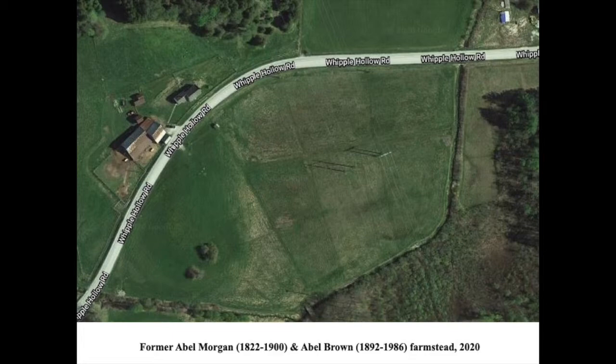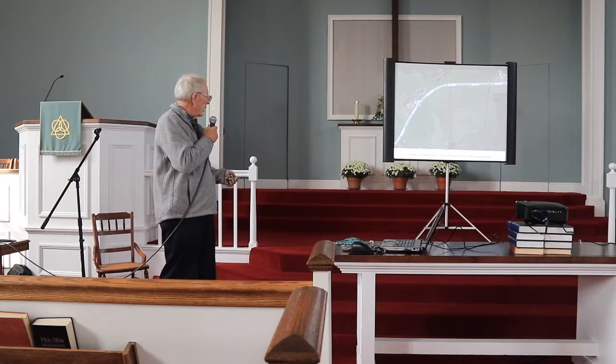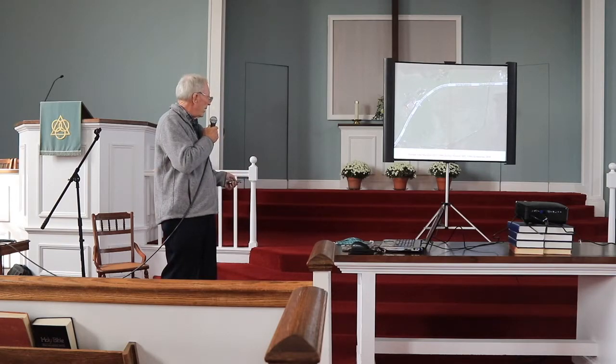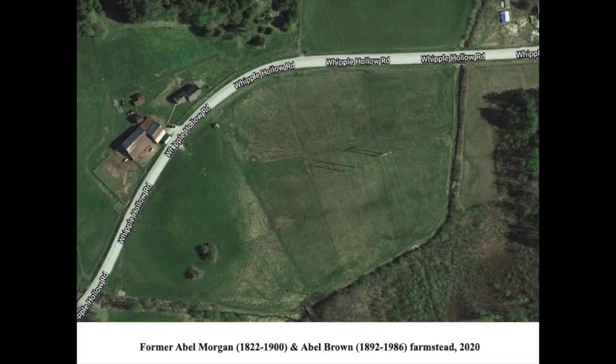And to make a very long story short, Morgan built his house here, and then his daughter married William Brown, and then William Brown and Hattie Morgan had Abel Brown, and so we know Morgan lived till 1900, Abel Brown lived to 1986. And when Calverley talks about the tavern being east of an orchard, well, the question is, where was the